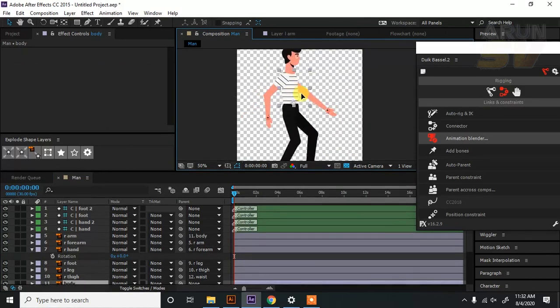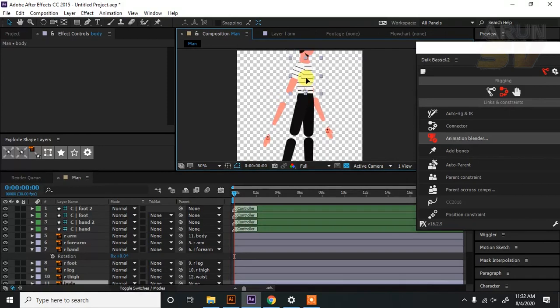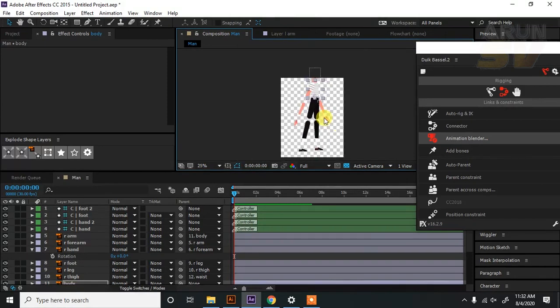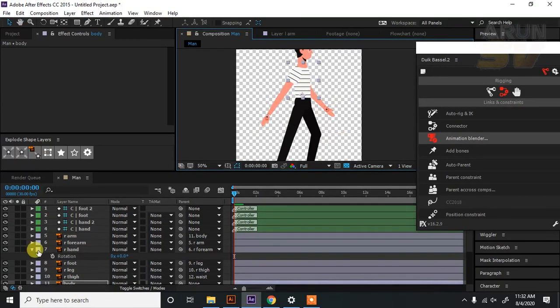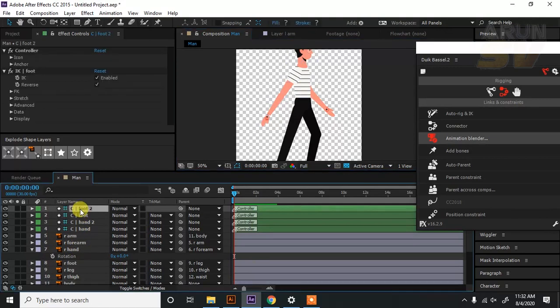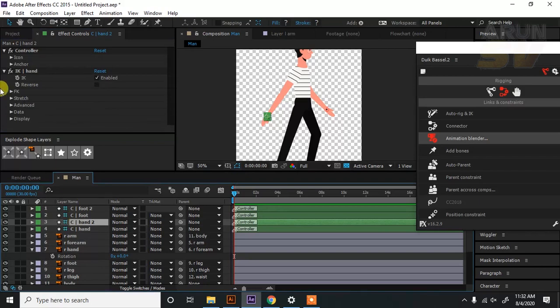Now let me demonstrate it. We get the proper rig. The stretch is on, so the parts are separated. We can fix it now. Go to the controllers and in the effect controls panel, go to stretch and uncheck auto stretch on all the controller layers.